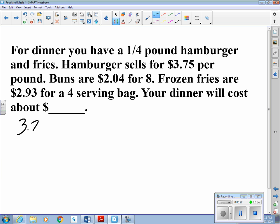So $3.75. We're going to eat 1/4 of that. So the price turns out to be 0.93. So about, well, the next digit is 8, so let's use that one. So about 94 cents. And then we have the buns,